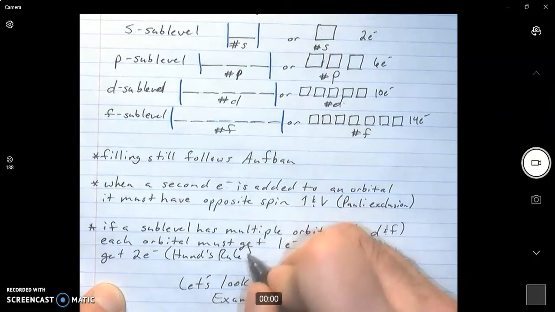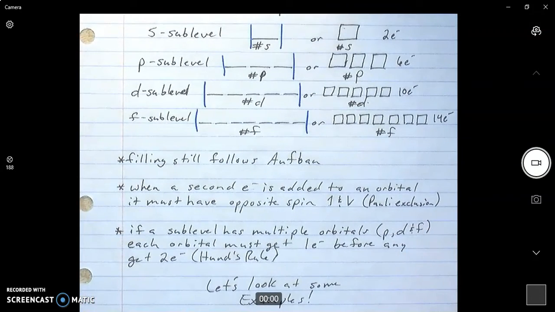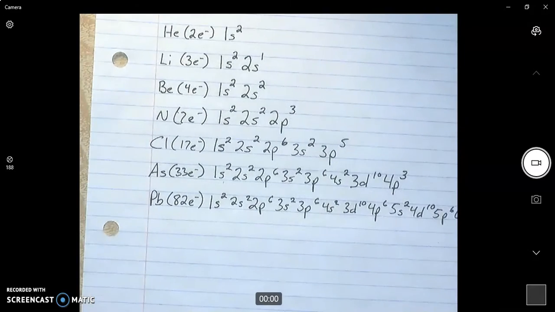Okay, so we have the Aufbau principle, the Pauli exclusion principle, and Hund's rule. The best way to learn this, to be 100% honest with you, is to go through some examples. So we're going to take a look at some examples here together. First example is one of the ones we did in the first video on electron configurations, and we're going to